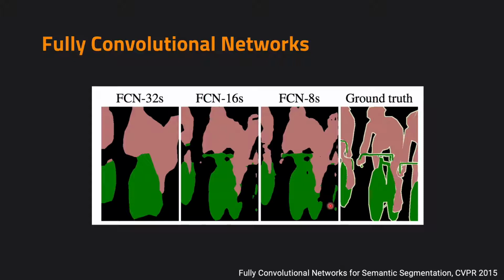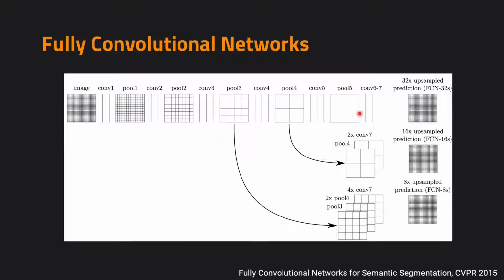And as you can see here, if we directly apply the learned filters from ImageNet, or from image classification, on this high resolution image for segmentation, then we can get a prediction like this, and it gives us a lower resolution prediction. We can do interpolation like bilinear upsampling to get a full resolution output. And after we get the downsampled feature map, we can fuse it